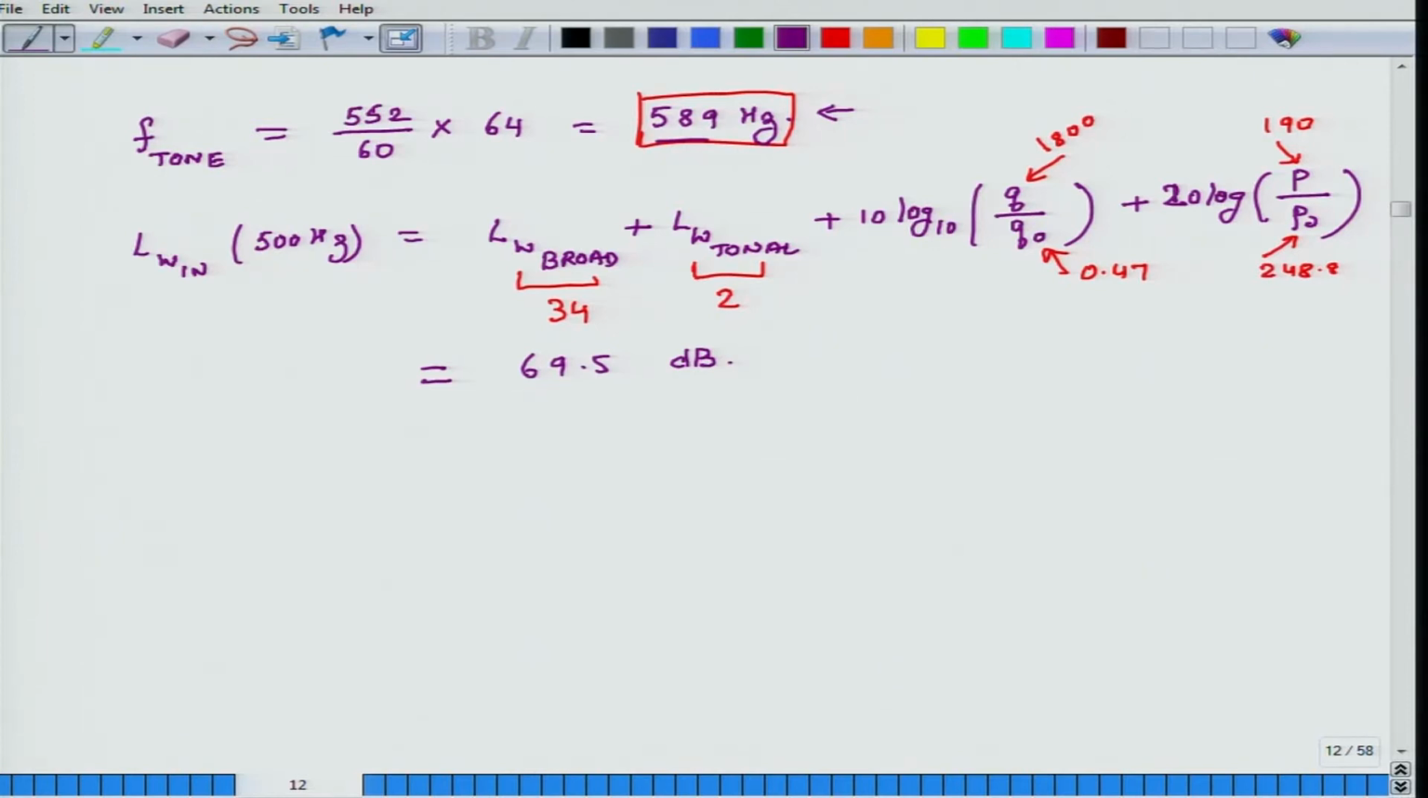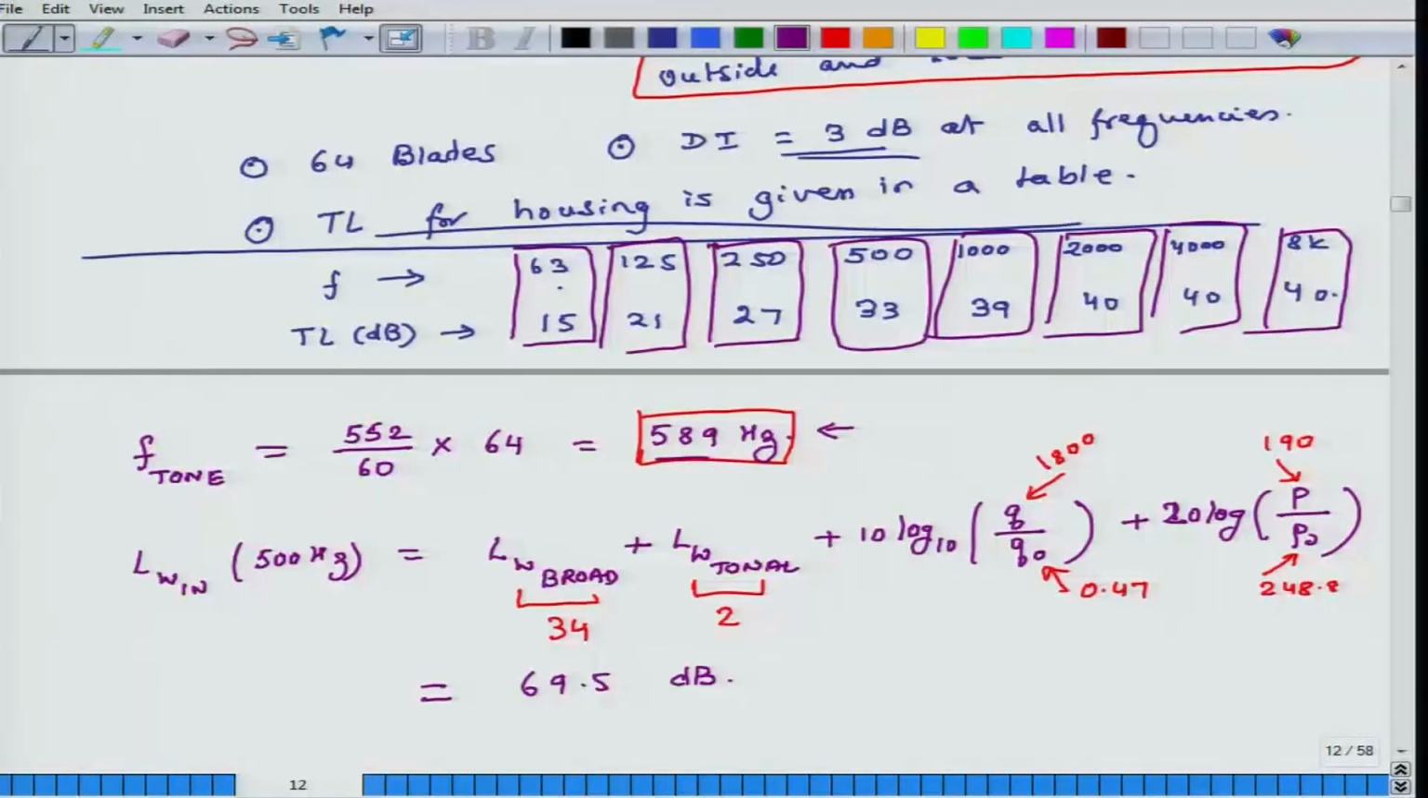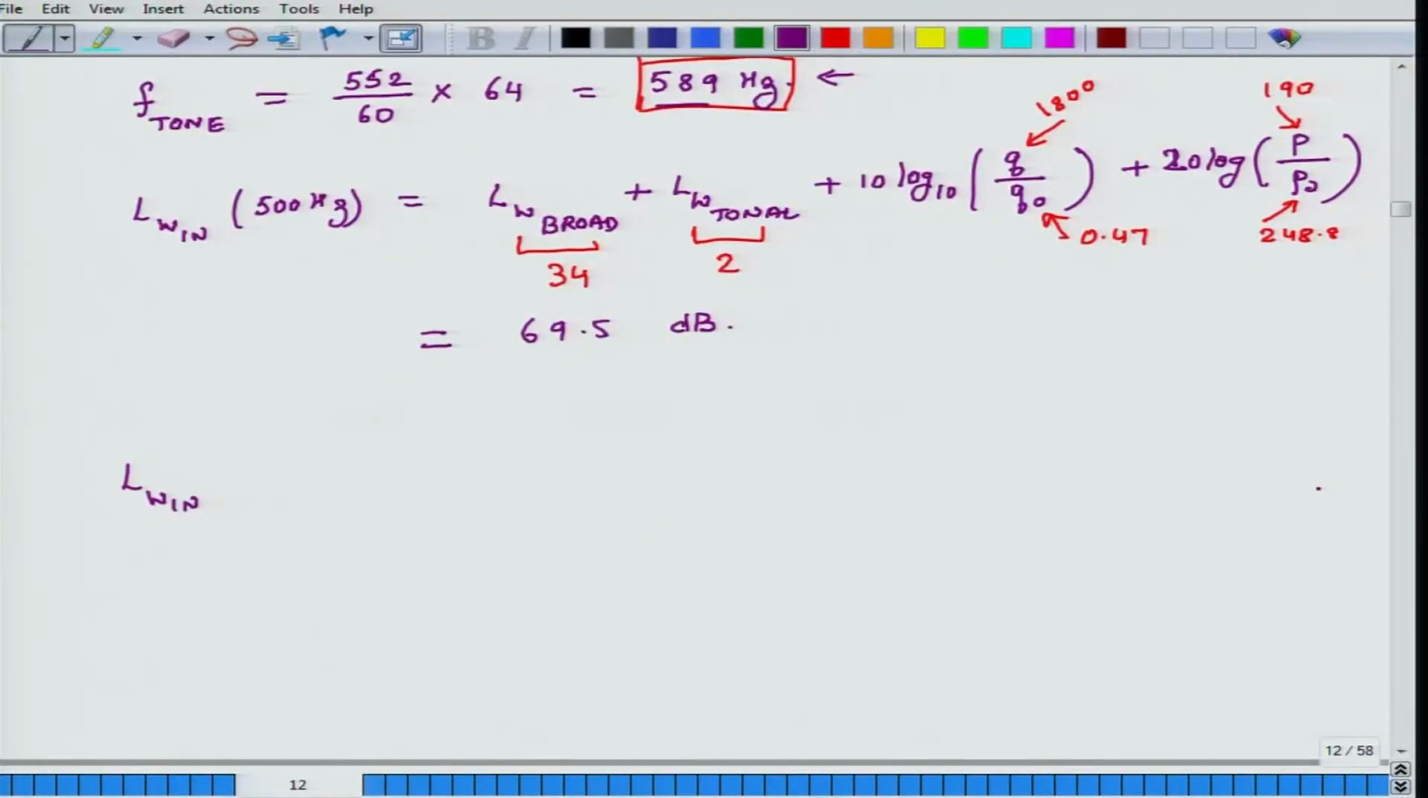Okay. Let us do for one more frequency, LW in. So, we have to do it for all the frequencies, right? What are the frequency bands we are interested in? We have to compute it for 63, 125, 250, 500, 1000, 2000, 4000, 8000. We have to do it for all. Okay. In this class, I am going to compute for one more thing, because then you will learn how to do it. So, for 250 hertz,